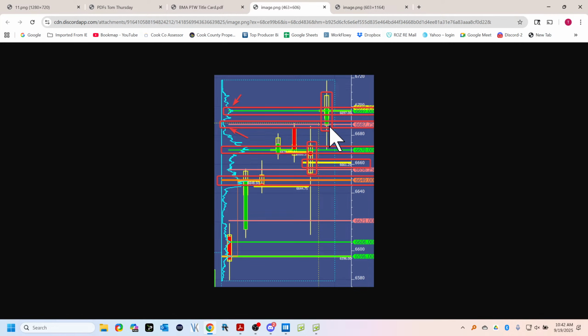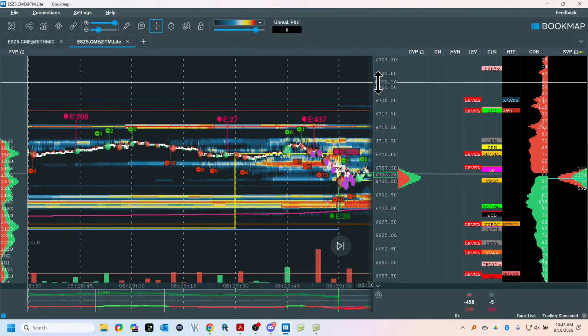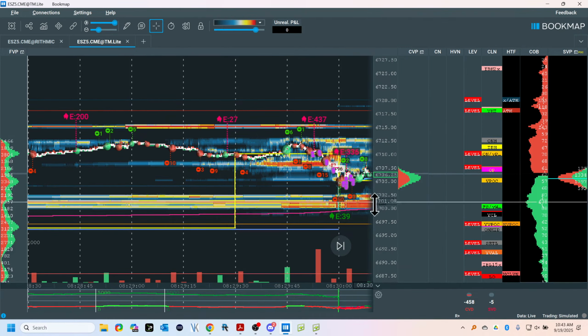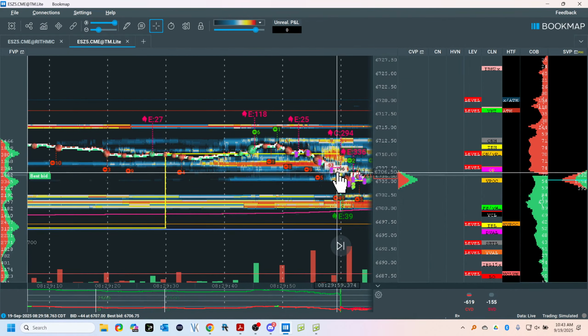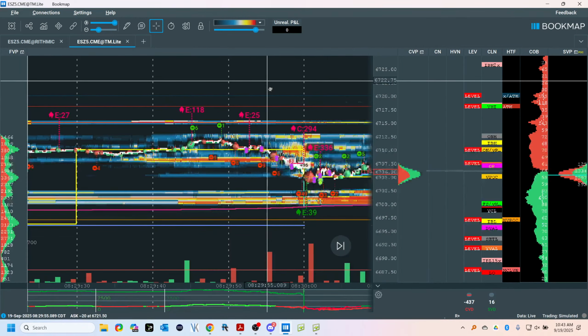If this is an outside edge, and this might be too low, where might I come back? Might I come back to 97? What do you think? So where is 97? Here. So it's not a recommendation, but from here, the idea might be to come here. And then if we can get past here, we can rotate back up. I'm just saying, and it's not a trade recommendation, other than it's the way the market tends to work.